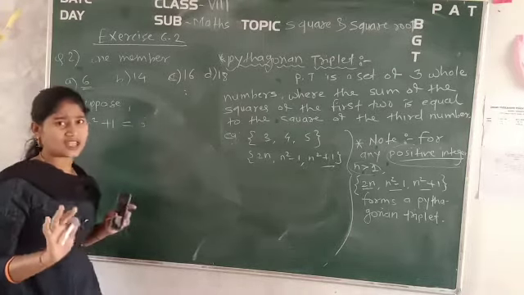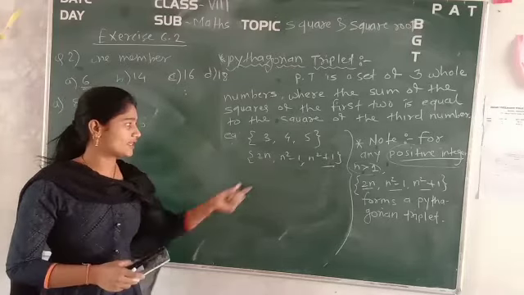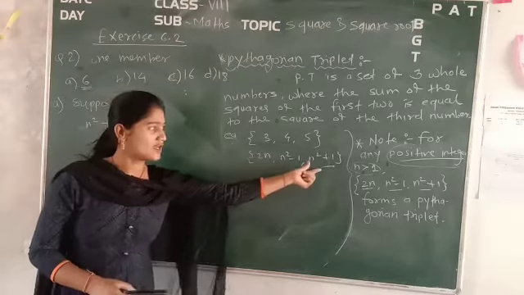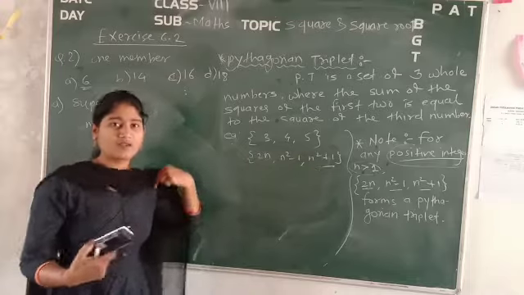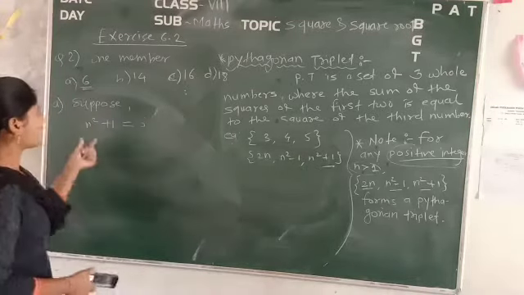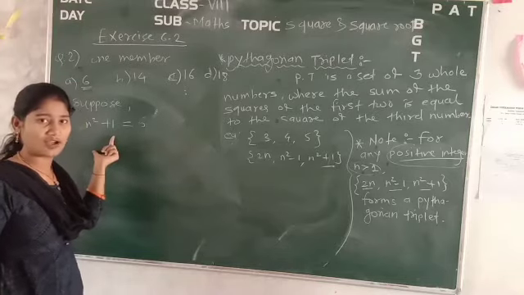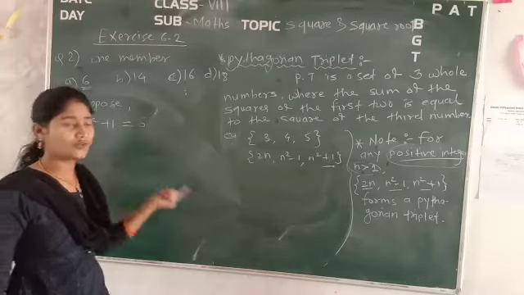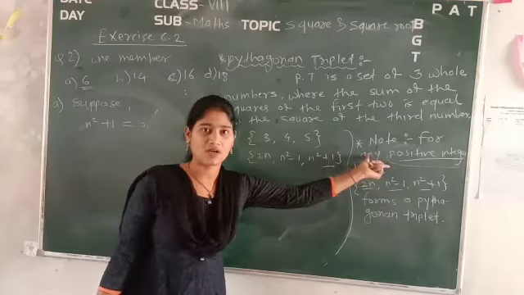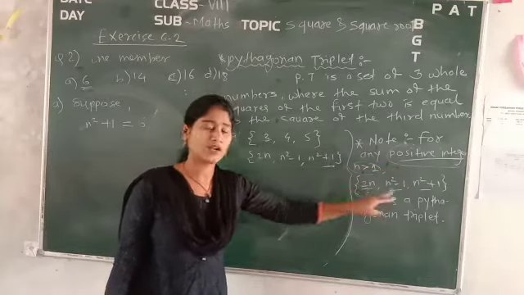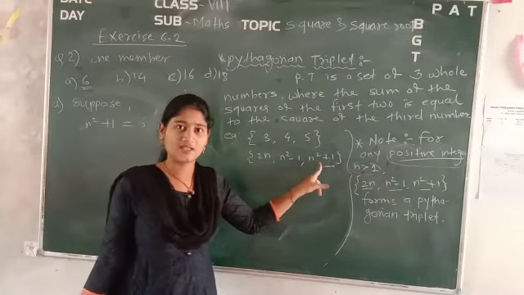Now we just suppose, we don't know whether it is 2n, whether it is n square minus 1 or whether it is n square plus 1. Okay, we are assuming only. So if we consider n square plus 1 is equal to 6, then we have to find out the value of n and find out whether it is a positive integer or not. If it is a positive integer, then only we will consider that it is a correct value.